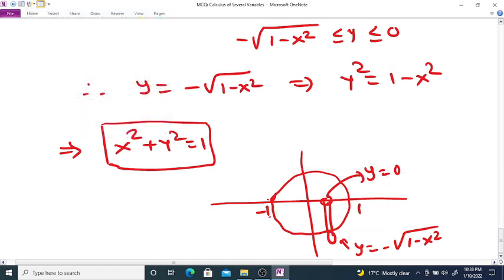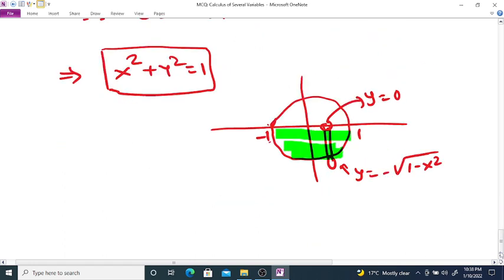This is a closed region. Now we want to change the order of integration. So to change the order of integration, consider horizontal strips. If we consider a horizontal strip, it enters at